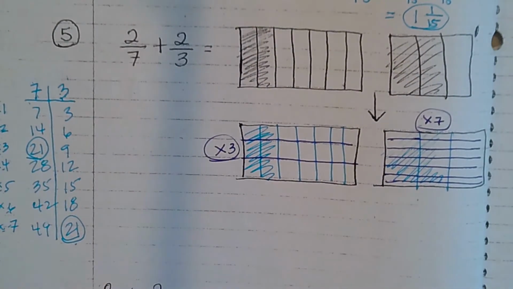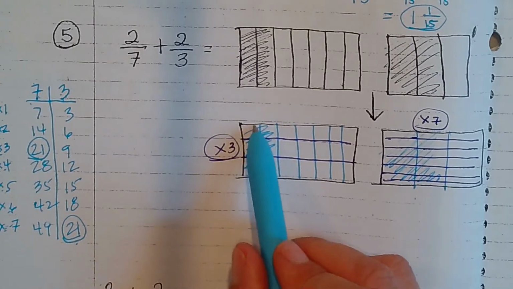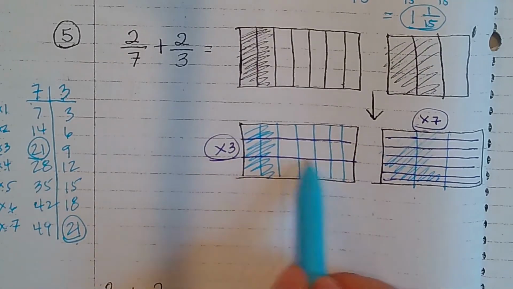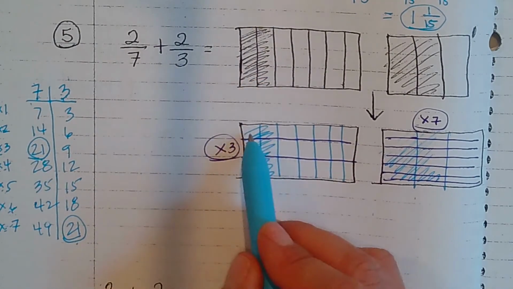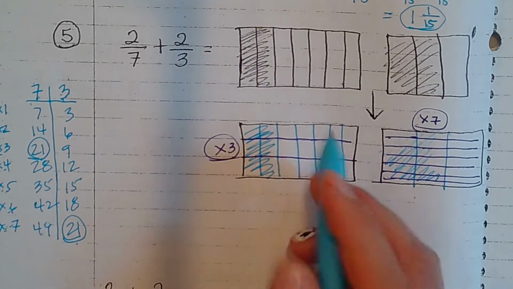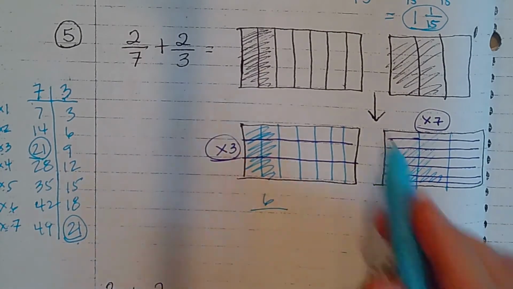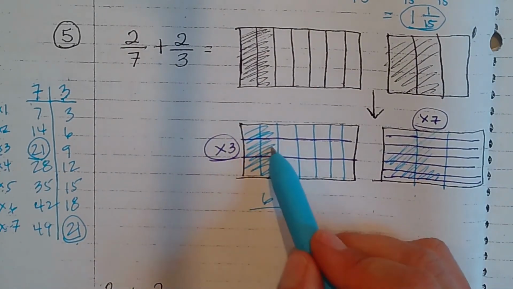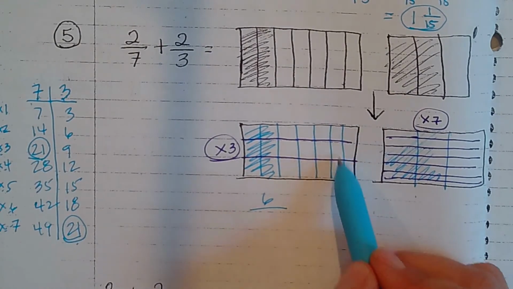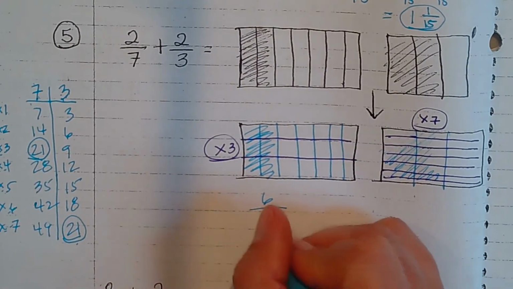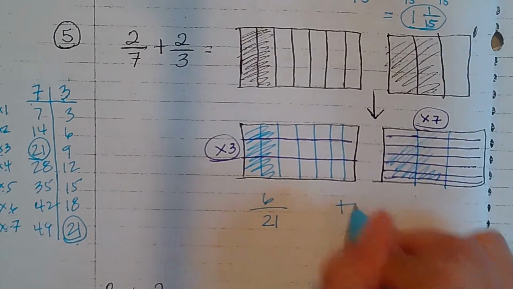All right, so now, were you able to multiply this side by 3 and create 21. And now instead of having 2 7s, you have 1, 2, 3, 4, 5, 6. 6 out of 1, 2, 3, 4, 5, 6, 7, 8, 9, 10, 11, 12, 13, 14, 15, 16, 17, 18, 19, 20, 21. 6 out of 21 plus,